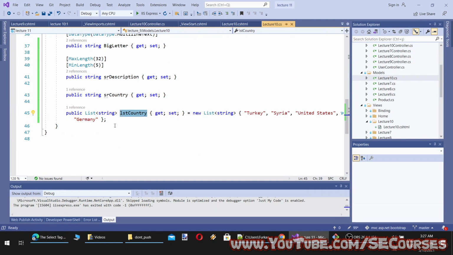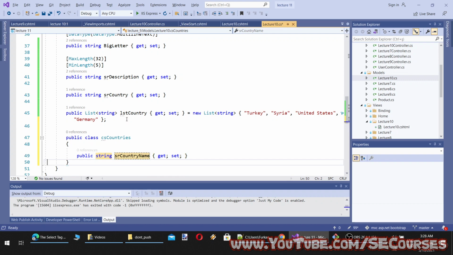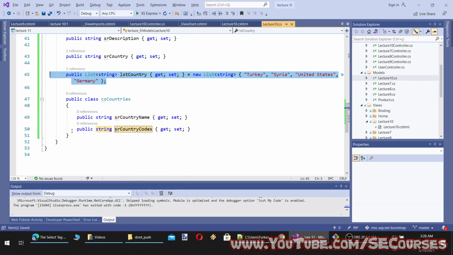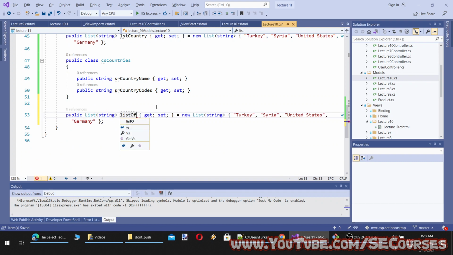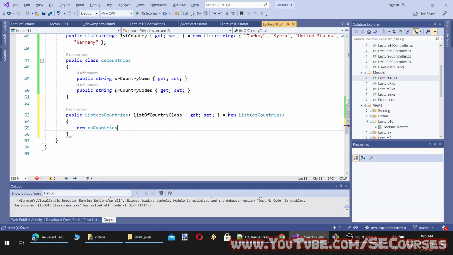So let's assume that we have a list of something different, I mean a class. Okay, so CSCountries, and in this example I will define something different. So here we have a public property srCountryName, a string, and then we are going to have a country code, country codes, and then we are going to have a list of the country class. This will use CSCountries, and now I will define it here as new CSCountries,